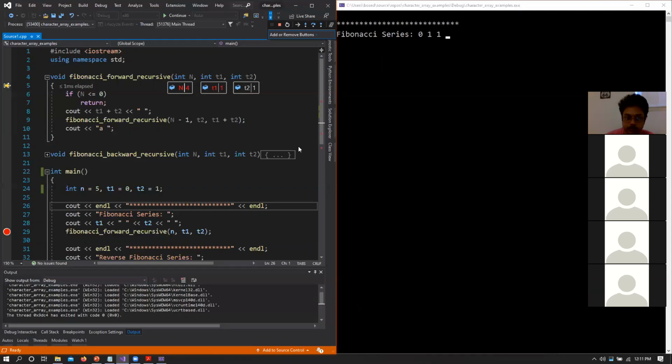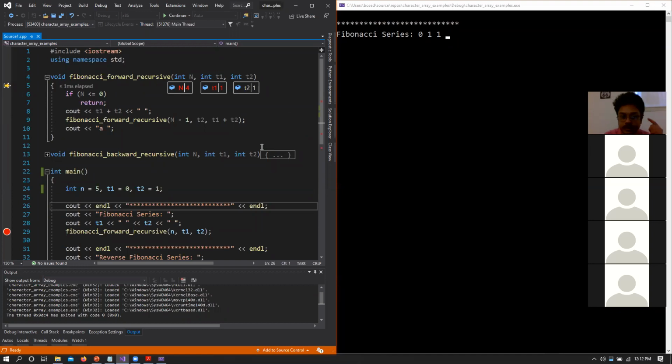And apart from that, if you want at any point in time to see what a variable value is, you can hover over that variable and it gives you t1, the current value is 1. You would also see there is a pin here. If I press that, it would just give you an updated box with the variable value here. Okay, I see.